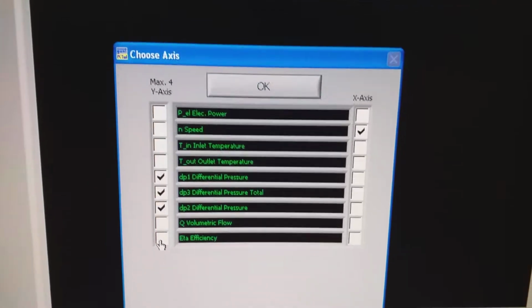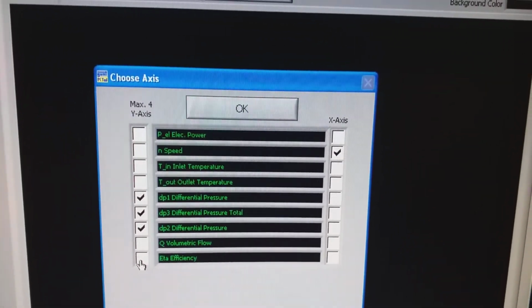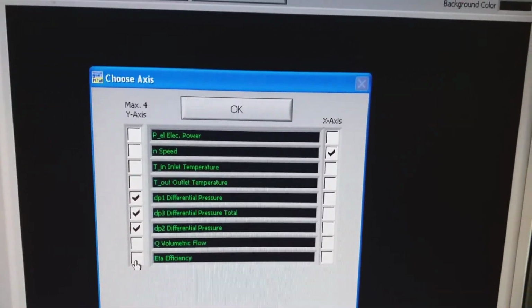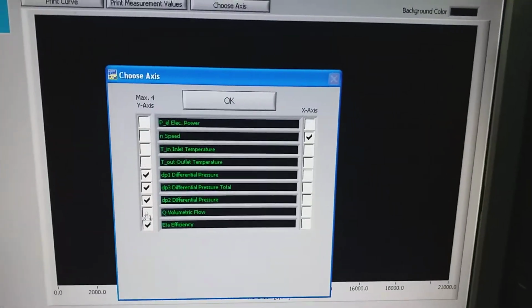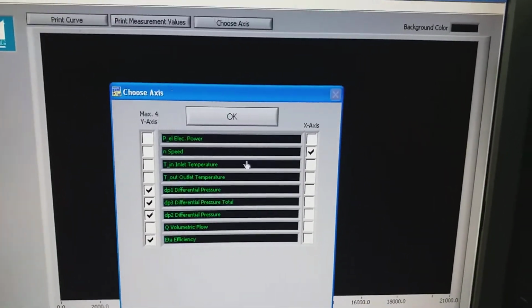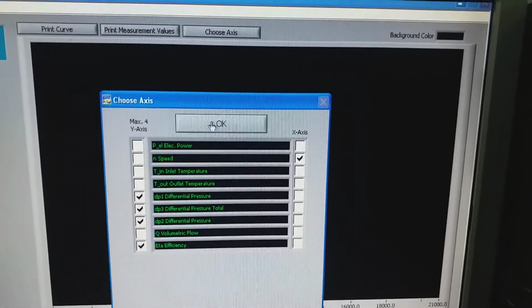And the fourth one, I want to know the relationship between the speed and efficiency of compressor. Okay. By selecting all these options which you want to observe or determine, click OK.